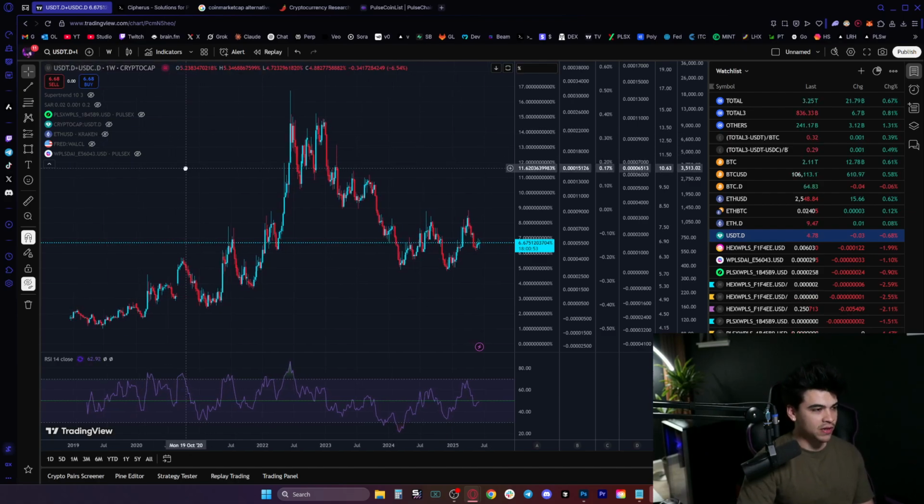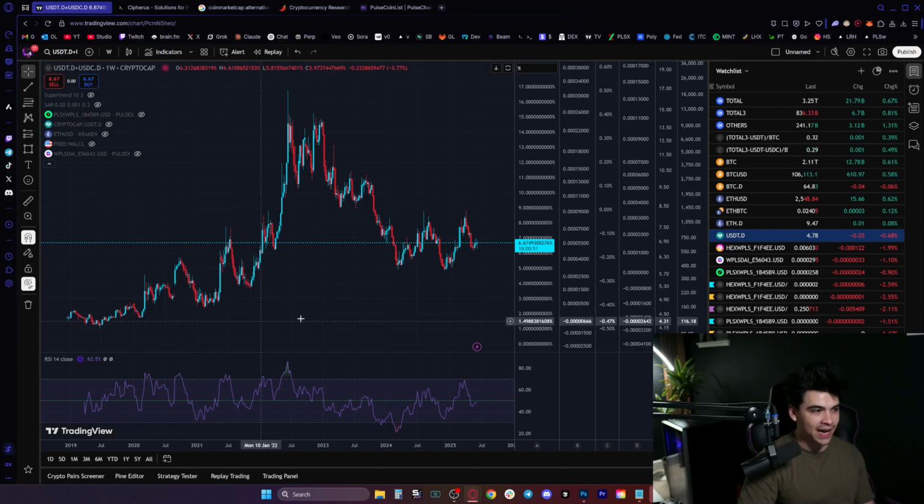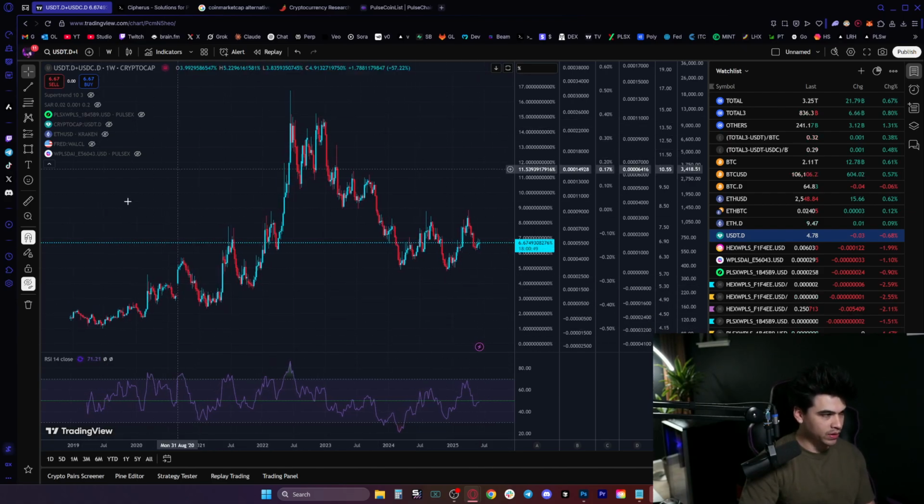And an obvious question to ask is, why not include DAI stablecoin dominance? Because we're looking at stablecoin dominance here as a whole. So this is more or less a proxy. And the reason for not including